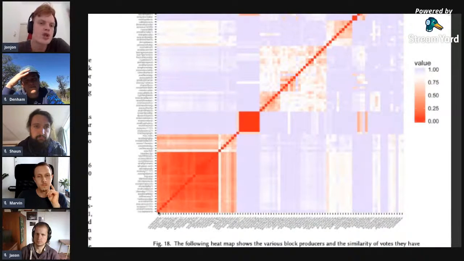So this is exactly what I wanted to see. This red block shows a distinct cluster of block producers. Whale X, EOS Fly to Mars, EOS this, New Dex, and so on, EOS Huobi Pool. A lot of these are Chinese cryptocurrency exchanges. And you can literally see that they all receive pretty much the exact same votes.